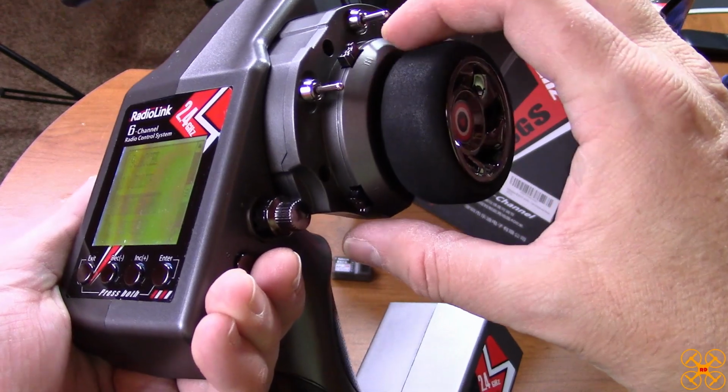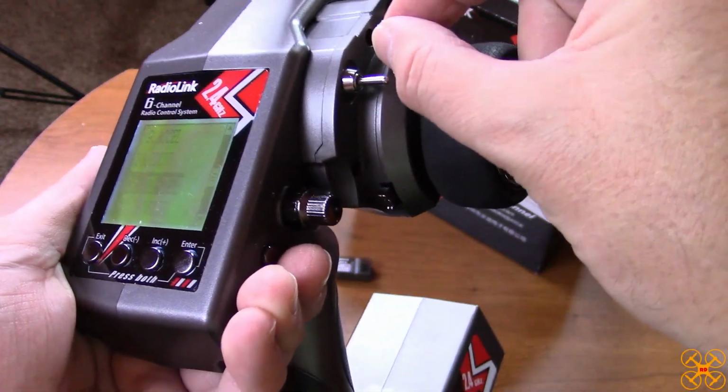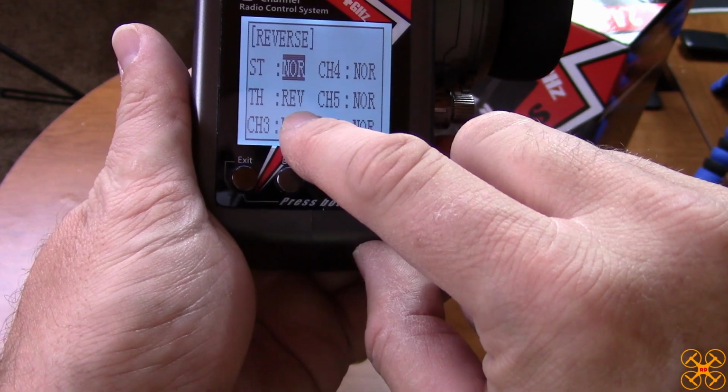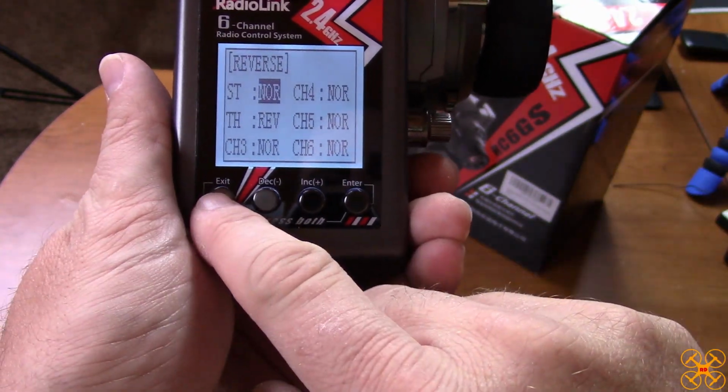I didn't mention that a while ago. This is your throttle, and this is your steering trim. These little levers you can move back and forth. And here is your servo reversing. As you can see here on the throttle, I've got that reversed because by default it was the wrong way